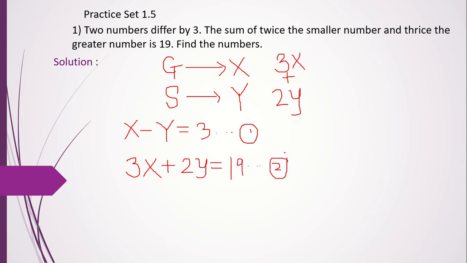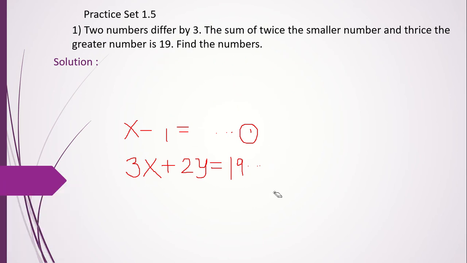So the first important part is done, forming the equations, because now the equations are not given ready-made. Reading the questions, you have to form the equations first. And now you have to solve the equations. Once you solve the equations, you get the values of x and y, and as the answer you get the numbers. Now solving the equation here is easy. Minus y is already there. So if you multiply here by 2, you are going to get minus 2y. Minus 2y plus 2y is going to get cancelled. And finally you will get the values of x and y, and hence you will find the numbers.